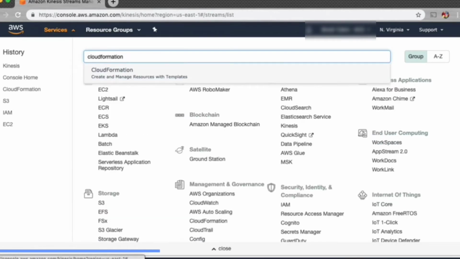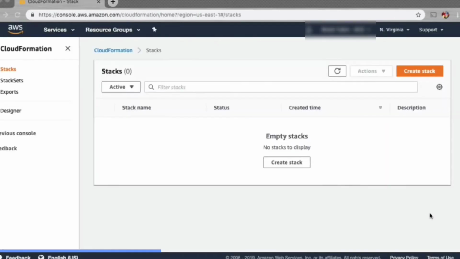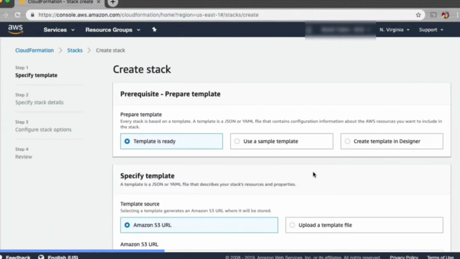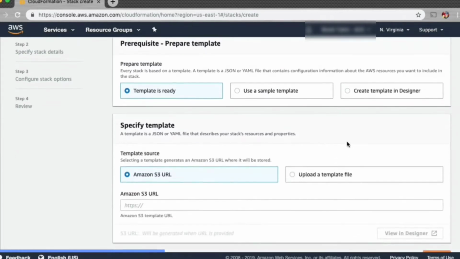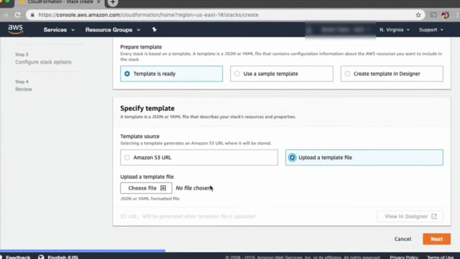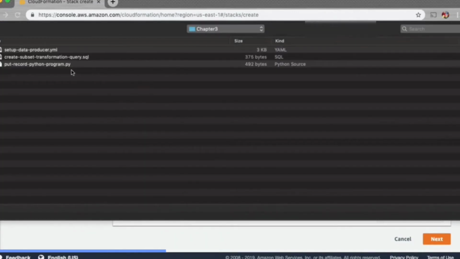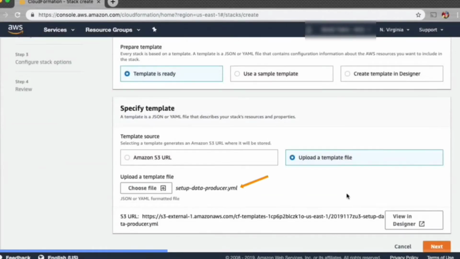So let's go ahead and navigate to CloudFormation, and we can do that by clicking on services and then typing in CloudFormation. Now this is the new UI for CloudFormation, and I suggest you use it because this will be what AWS uses in the future. From here, let's go ahead and click create stack. And what we want to do is go ahead and upload a template. So select choose file, and the file you will upload is the same file that's in the resource section of this lab. It's called the startupdataproducer.yml file. So go ahead and upload that file. Once it's uploaded, go ahead and click next.